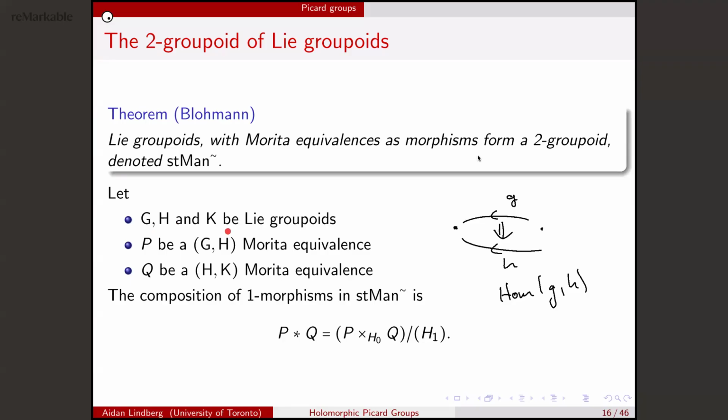Okay, so if I have three Lie groupoids now, G, H, and K, and I've got a Morita equivalence from G to H and a Morita equivalence from H to K, then I can define a symbol P star Q by doing the following thing. I'll take P fibered with Q over the space of arrows of H and then quotient out by H1. So that